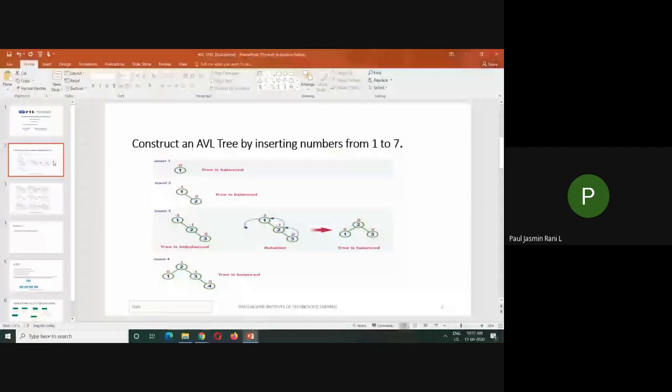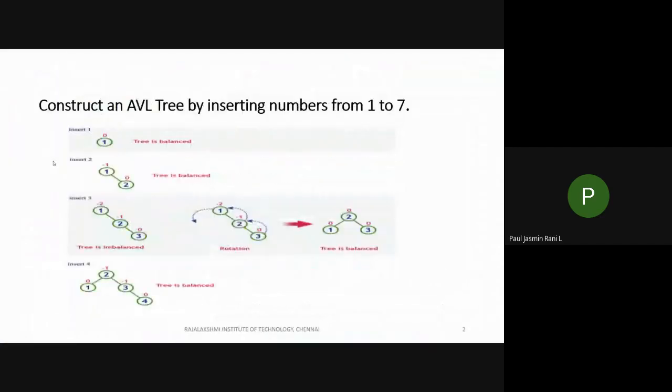While constructing, the first thing you have to see is whether you are satisfying the property of a binary search tree. I think you know what we mean by the binary search tree property: the elements present in the left subtree should be less than your root node, and the elements present in the right subtree should be greater than your root node. You also have to see that it satisfies another property, that the balance factor should be 1, 0, or minus 1. Let us see one example.